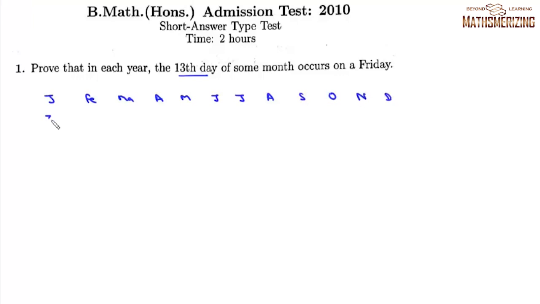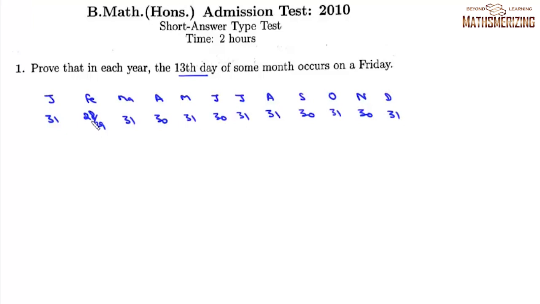Now in January we have 31 days, February we have 28 or 29 days, March 31, 30, 31, 30, 31, 31, 30, 31, 30 and 31 days.